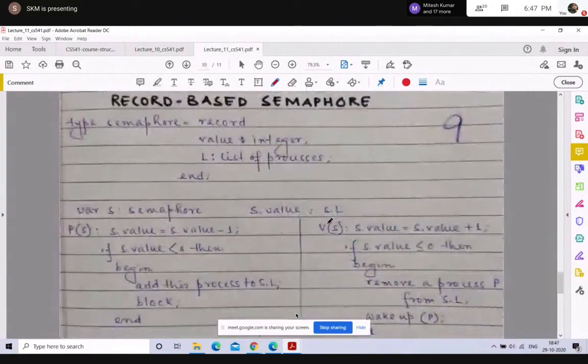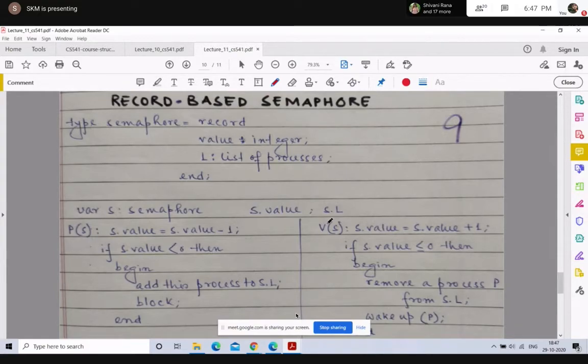This brings us to the definition of what is known as a record-based semaphore. What is a record-based semaphore? Initially, we had defined the semaphore to be an integer, to which you can give a value. Now, instead of that, we will define the semaphore to be a structure or a record which will have two fields.